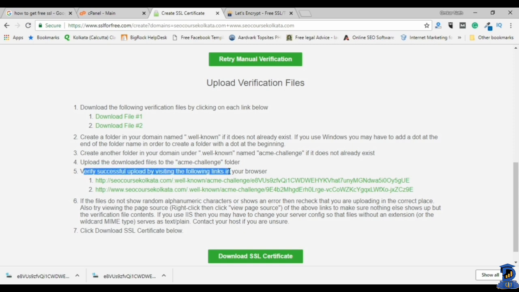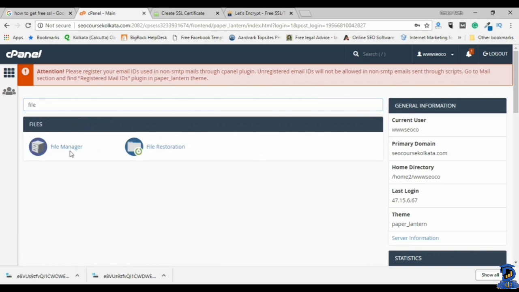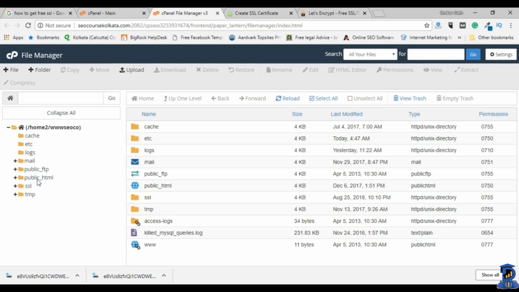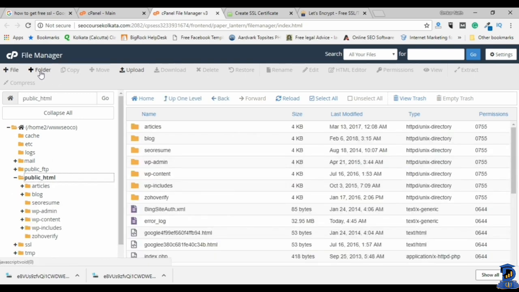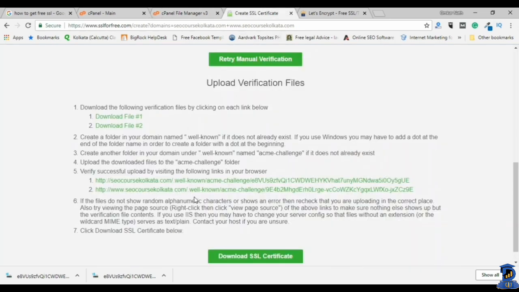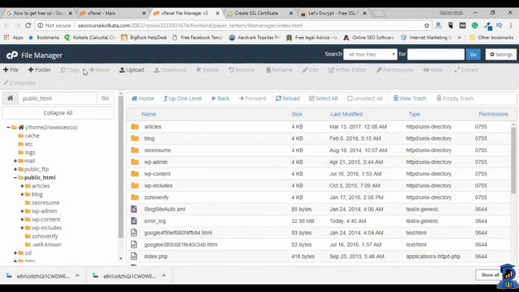You have to create 2 folders and upload the files individually to 2 different folders. Create a folder called .well-known, as you can see over here. This would be under the public_HTML. Once you create the folder, as it precedes with a dot, you won't be able to see it, so you have to unhide the files and then